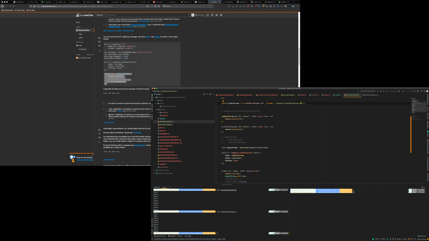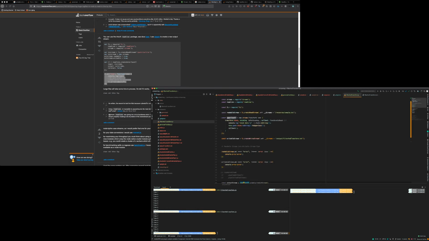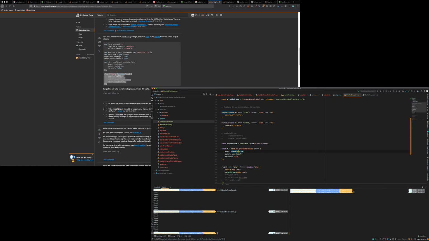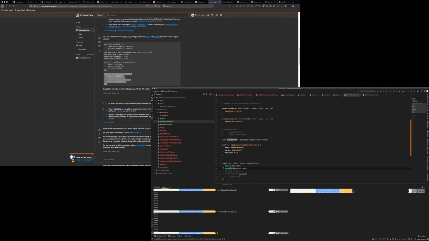And then we have an out stream that goes through the uppercase transformer, and then pipes it to the writable stream. So when I put the data from the readable stream to the writable stream,